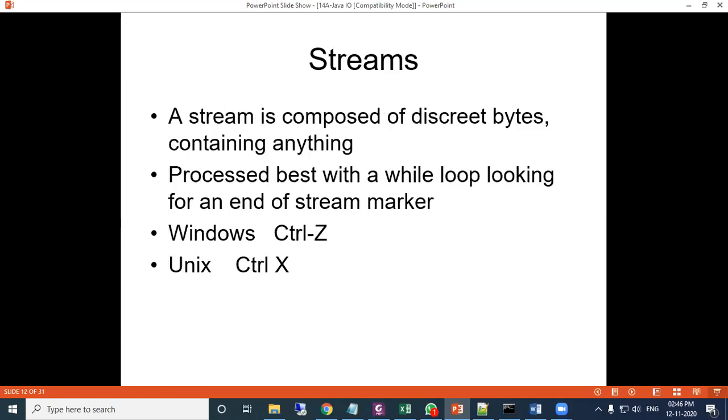So in Java, when we are writing a stream, it can be composed of discrete bytes containing anything, but it is best processed using a while loop, using a particular marker. In Windows, we will use Ctrl Z. In Unix or Linux, we will press Ctrl X.